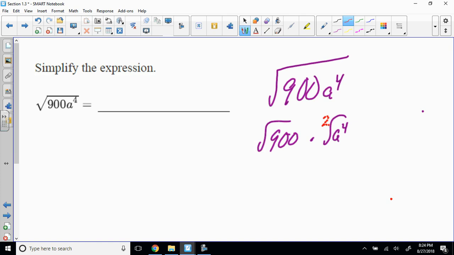That's 30 times what? 30. Because if you think about it, I could do a square root of 9 times square root of 100. Both those are perfect squares, right? So, yeah, it's 30. Yeah? Okay, now, so that's simplified down. That's because 900 is a perfect square. Now,